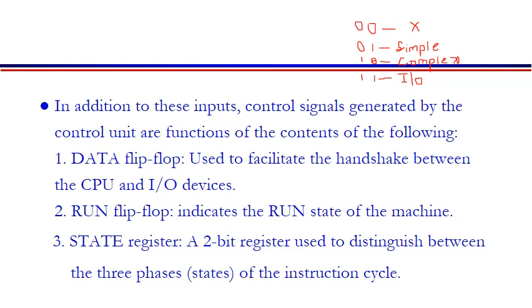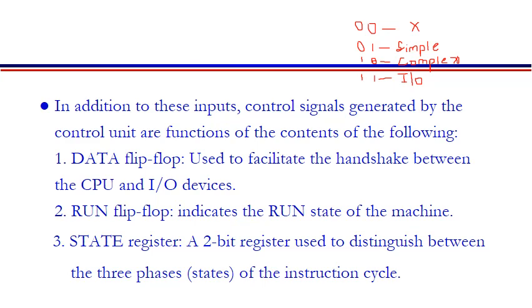So the handshaking process will let the system know that the device with which it wants to communicate is available, ready, or in a waiting state. This information will be transferred to the CPU or the system during the handshaking process. If the device, either input or output, acknowledges the system, the data transfer will be initiated after the handshaking process. So the handshaking process will be done by the data block.